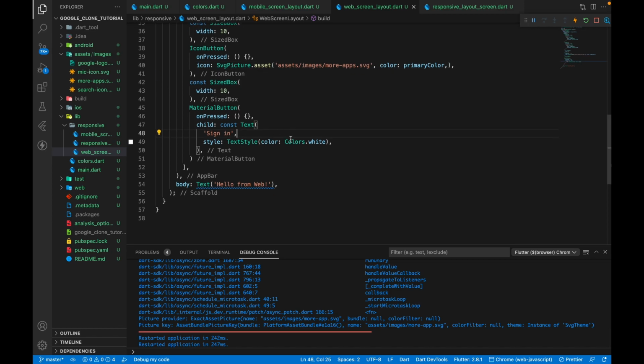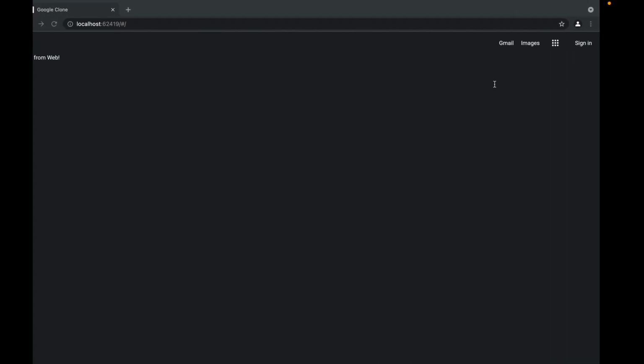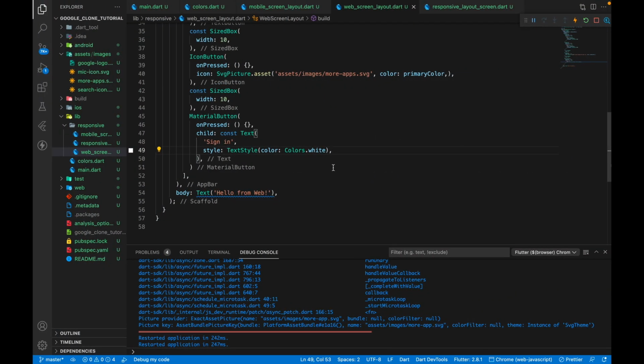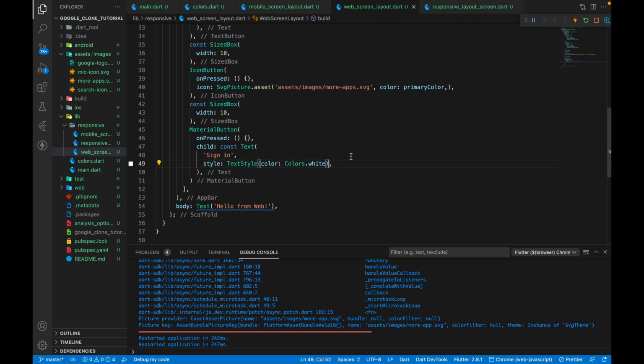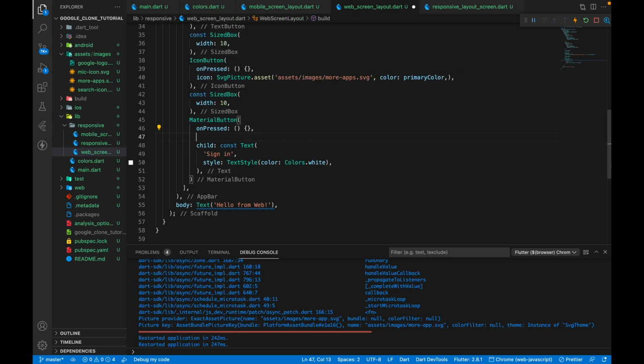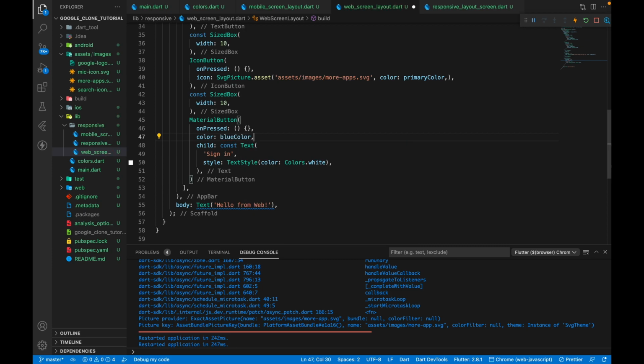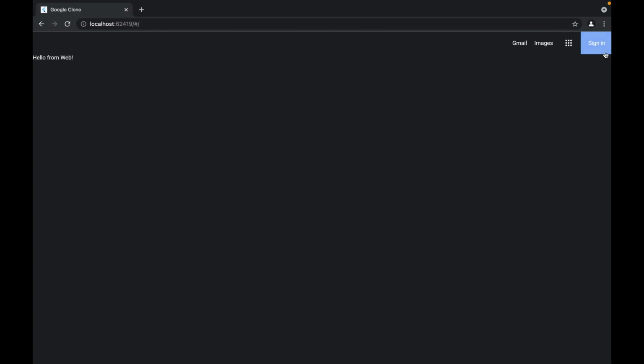Right now I'm not setting primary color over here, because suppose you want to add the feature of changing theme in your app, you want the text on the blue color to always show white and not primary color, which would change if you do the theme changing. We'll have a tutorial on that as well. So coming over here, what we need to do now is have a color. In the material button, what you can do is set the color, and the color is going to be blue color. Now if we save this, we should see that our app is loaded, but this blue color doesn't fit